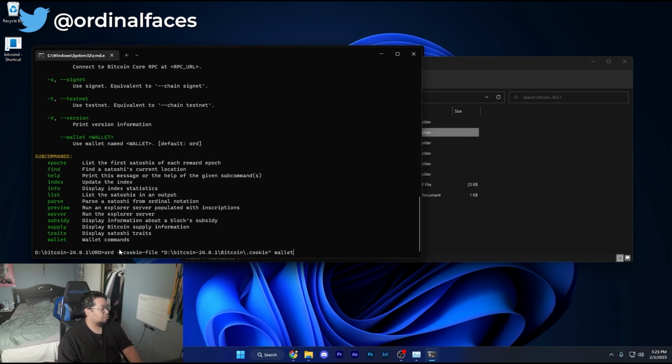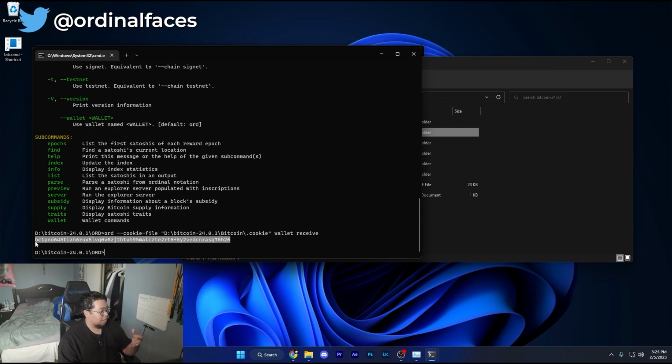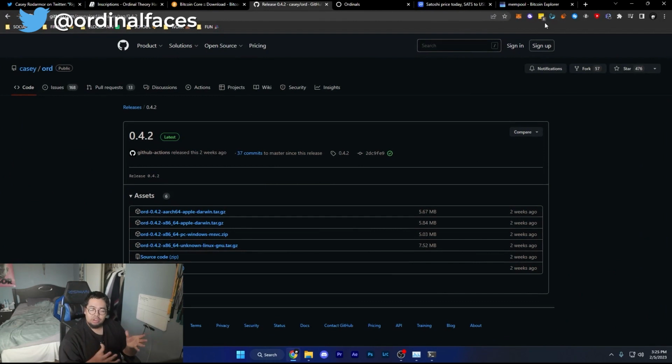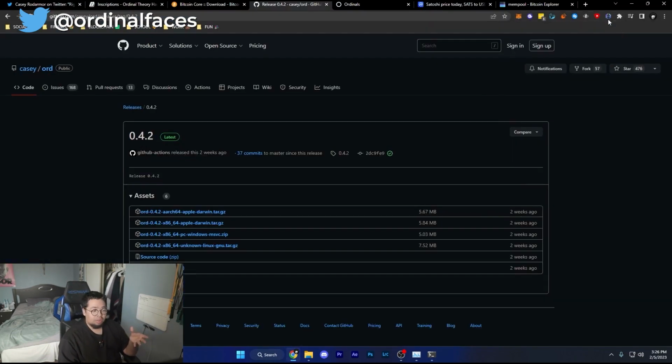What you're gonna wanna do to actually fund the wallet is just type in your command, wallet, and then receive. This will generate a Bitcoin address, and all you're gonna need to do is just copy it, obviously. Depending on where you have your Bitcoin stored, it could be difficult to send funds to this wallet. For example, Coinbase Pro has issues with this. I don't know if any other exchanges or wallets have issues with this, but if you do come across an issue where you can't actually send Bitcoin to your Ord wallet,